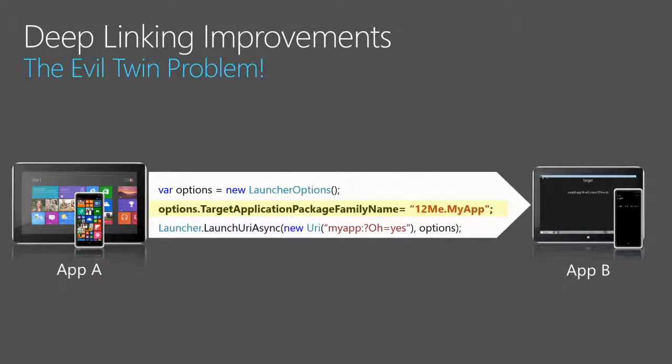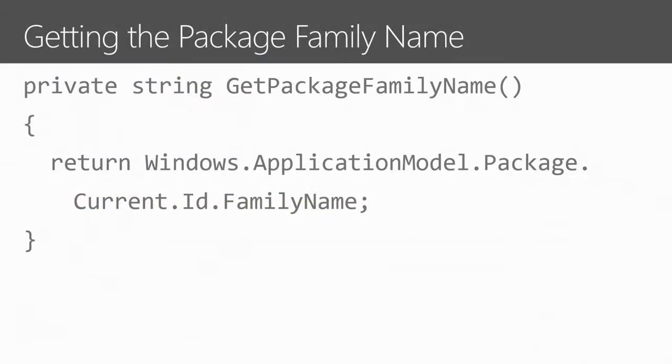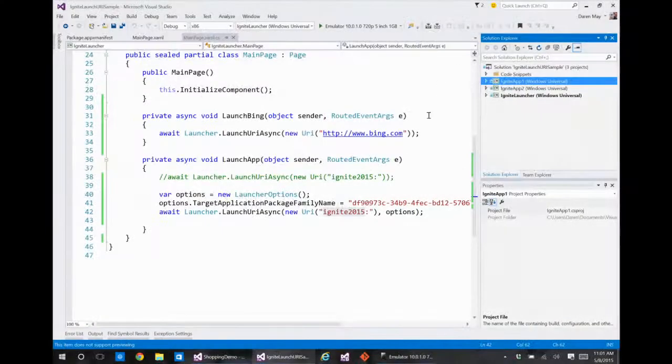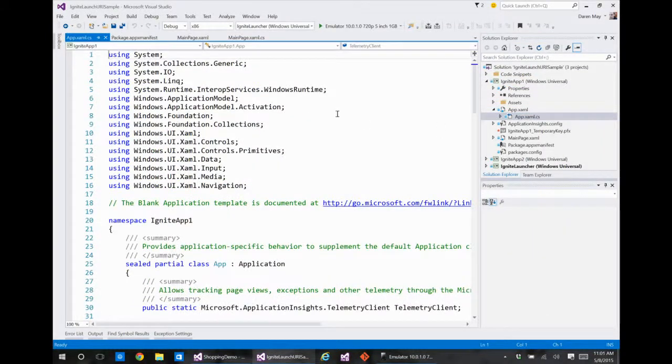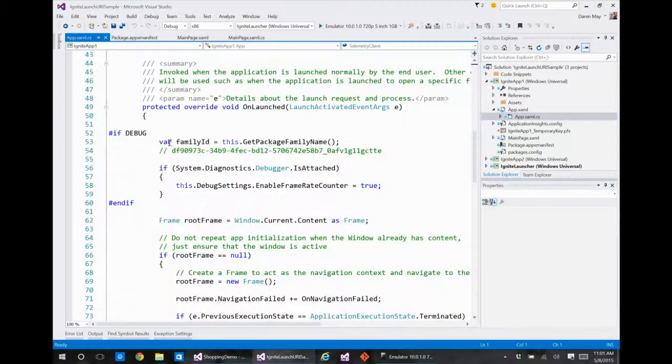So here's the example of how we address it. We've got our package family name, and here's an example of a much richer family name rather than the GUID-based one that was being used beforehand. Getting the package family name itself, let me actually jump back and show you that. So if we go into one of the launched apps, in the app startup, we have this.get package family name. This is the value that's returned by that. If we go and look at